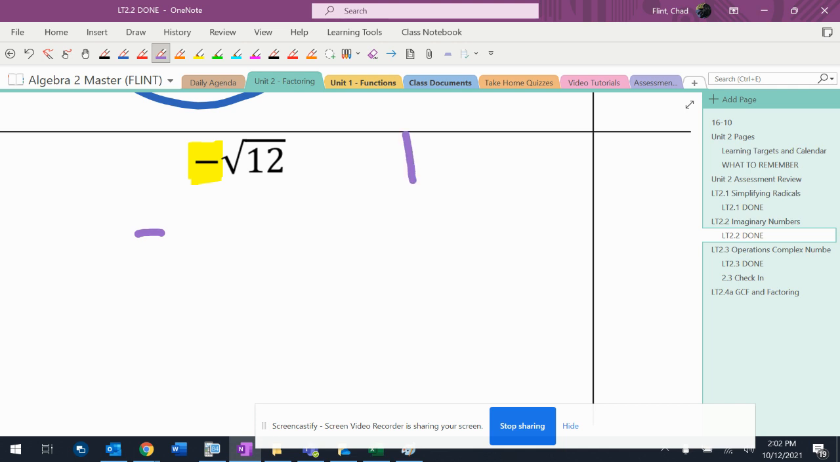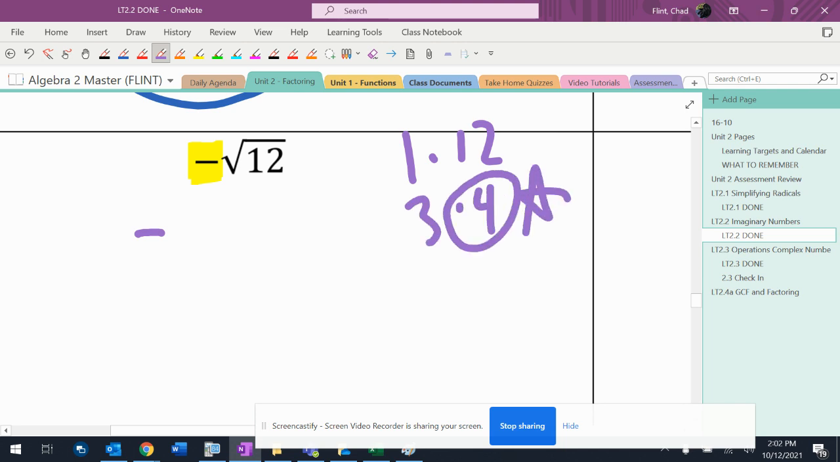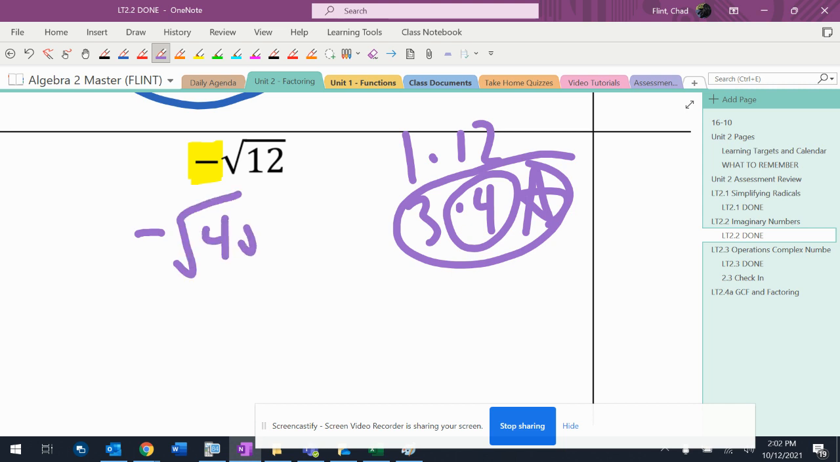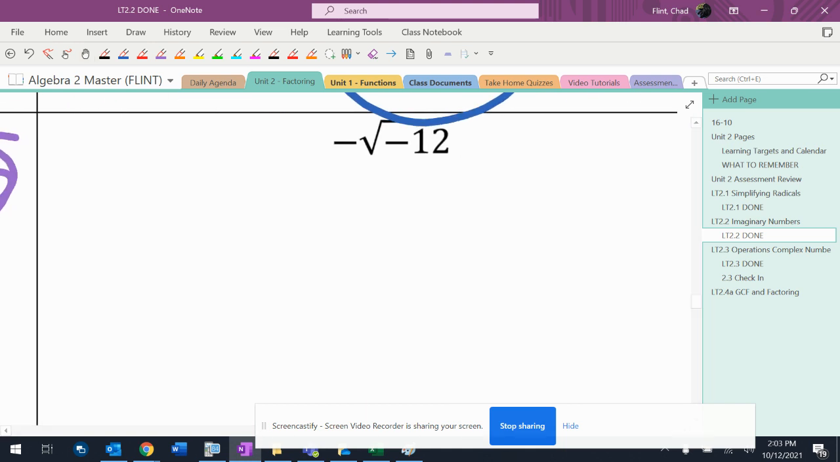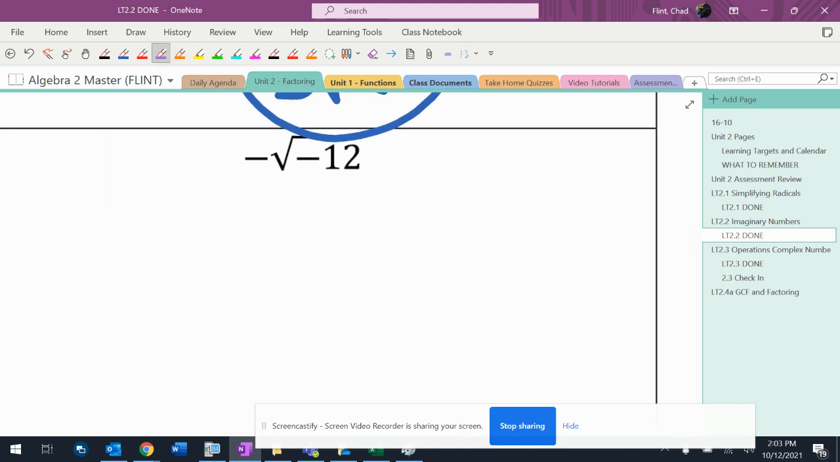So the factors of 12 are 1 and 12, and 3 and 4, that have perfect squares. The 4 is the one I want, so that's my guy. So radical 4, radical 3. Radical 4 is 2, so it's negative 2, radical 3. And again, remember what I'm doing here is the negative has to be under the radical for the I to come into play. Then if I go over here, it's the same idea, but now it has a